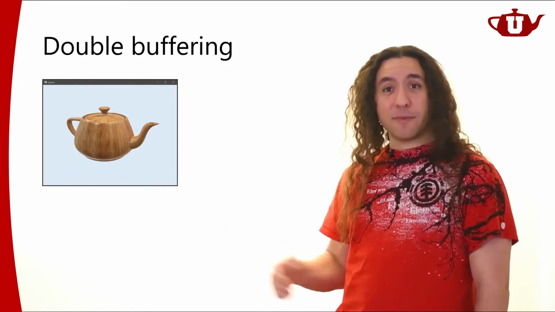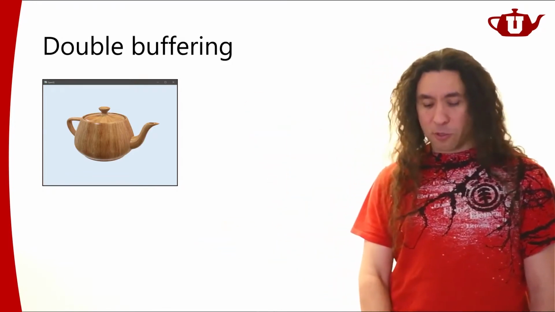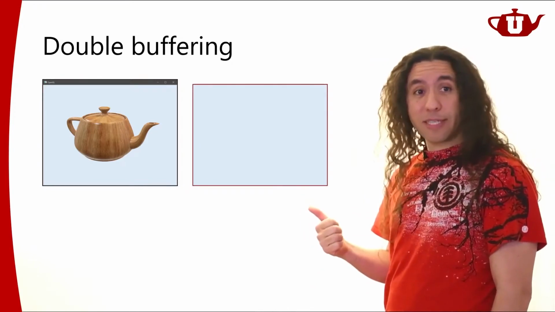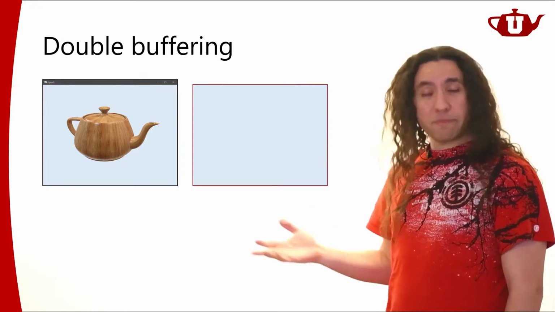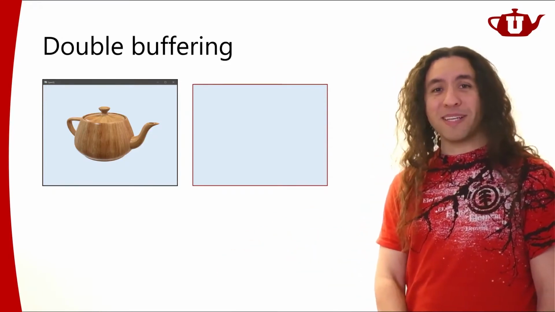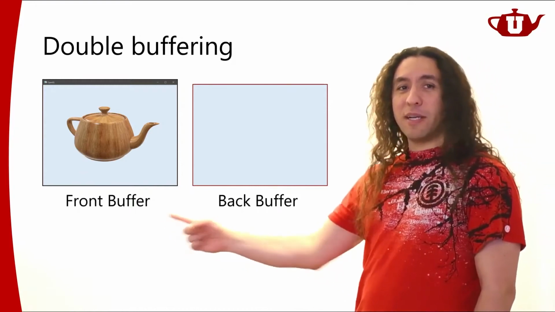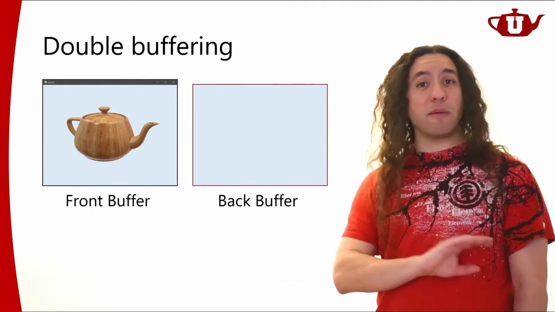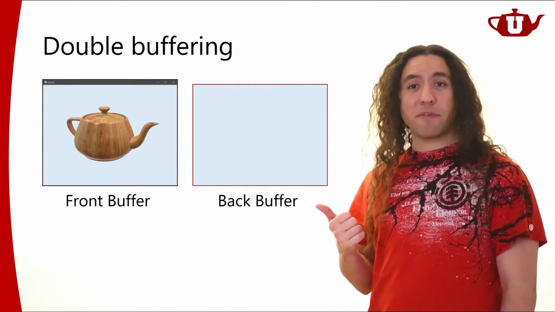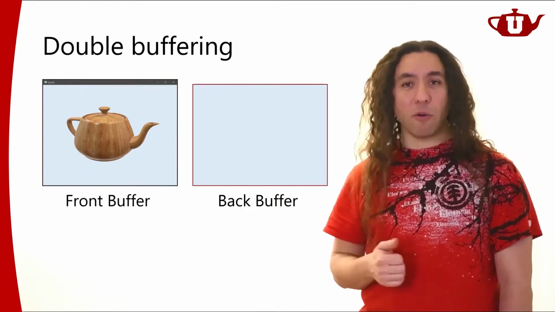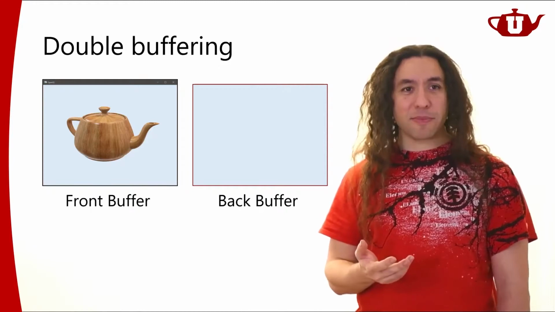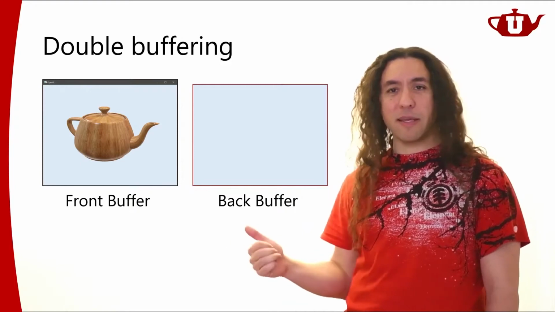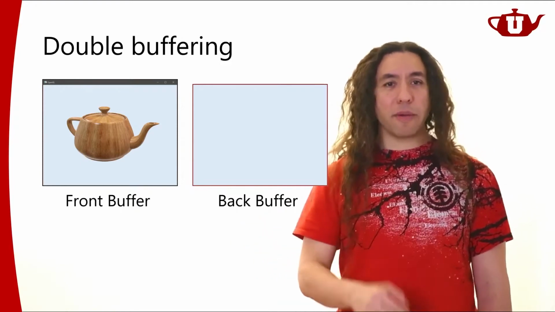To facilitate that, we have this concept of double buffering. So we're going to have a secondary buffer here that's not going to be visible to anyone. It's just going to be somewhere in memory, most probably on your GPU memory. So you're going to have a front buffer that's going to be visible to the end user, and there's going to be this back buffer that's not going to be visible to anyone. This back buffer is something that you can safely draw on, and nobody will be seeing it. The user will be seeing just the contents of the front buffer. The back buffer is something that we are drawing on.